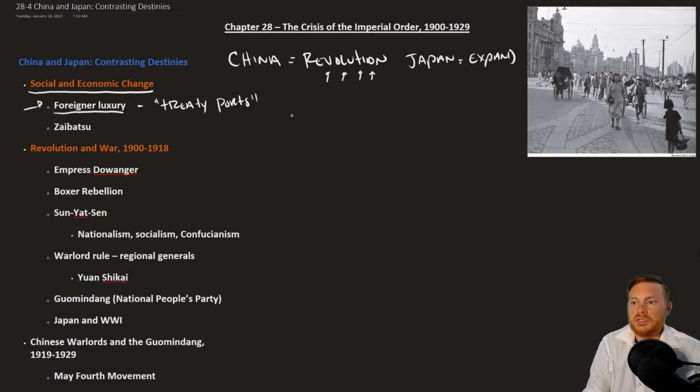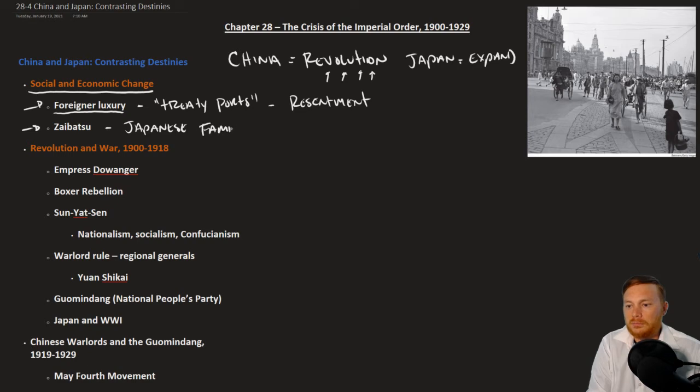And this was a place of resentment for a lot of the Chinese population who saw foreigners as pretty much taking advantage of the Chinese, which they certainly were, but then reaping all the benefits in the various cities. For Japan, their state-sponsored capitalism led to the Zaibatsu, and Zaibatsu were not foreigners, and this was the big difference. Zaibatsu were Japanese